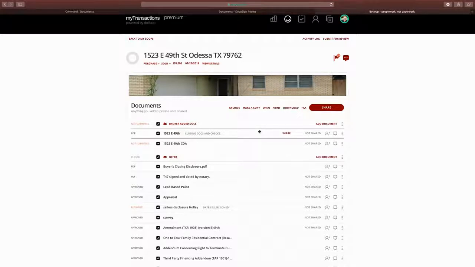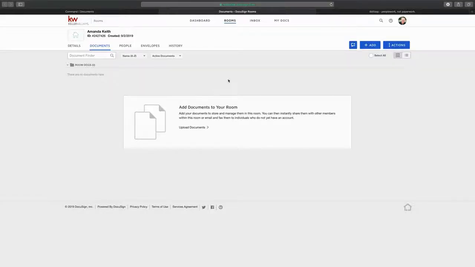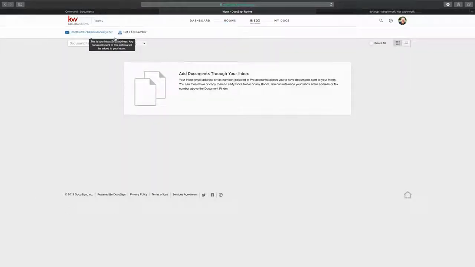So I was thinking, we can email flat PDFs to other agents. And I know Docusign has an email, so why can't I just email them straight from Dotloop to Docusign and then be in my Docusign? And the answer to that question is you can, and it's 1,000 times easier. So if we come into Docusign under Inbox here, you have a custom email that's given to your Docusign. And so I'm going to copy that email,